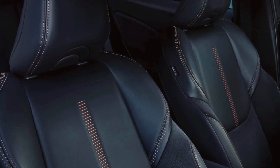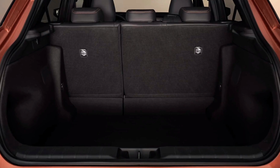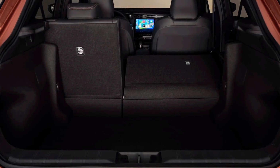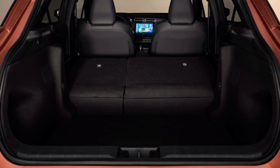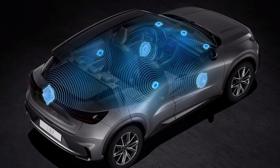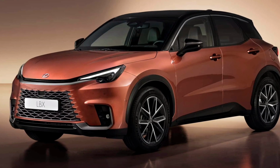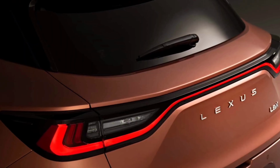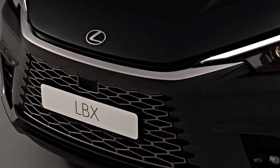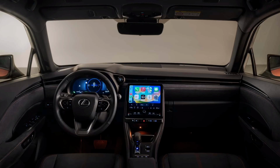It will be offered with a choice between front and all-wheel drive, with all configurations coming exclusively with a continuously variable transmission. At the heart of the LBX is a hybrid powertrain based around a 3-cylinder, 1.5-liter gasoline engine. It produces a combined output of 134 horsepower, 100 kilowatts, and a maximum torque of 185 Newton meters, 136 pound-feet. It's enough electrified punch for a 0 to 62 miles per hour, 100 kilometers per hour, run in 9.2 seconds, and a maximum towing capacity of 750 kilograms,